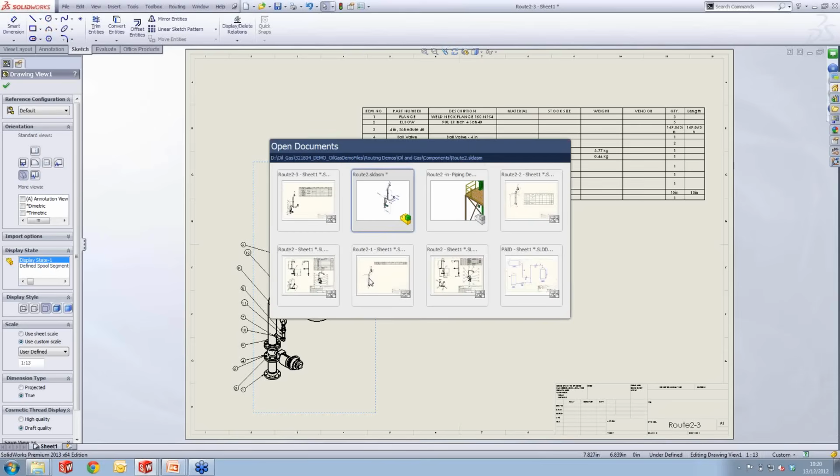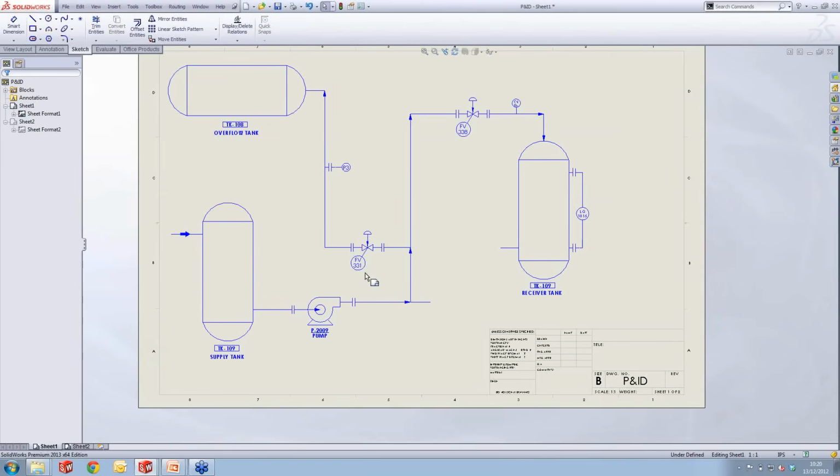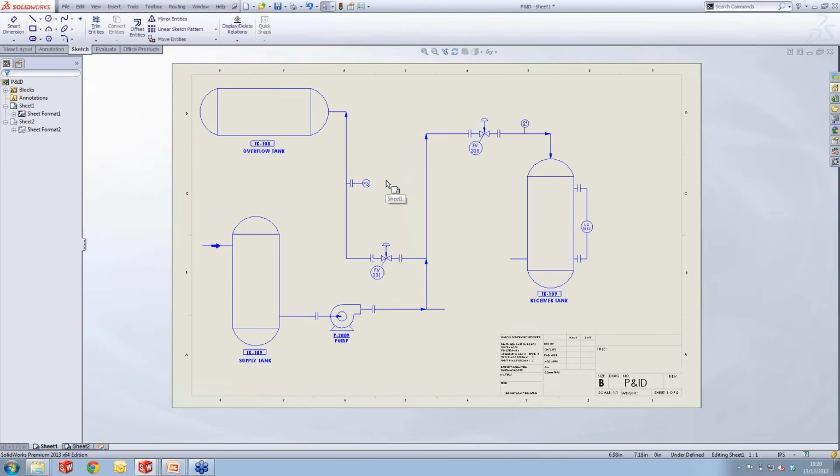So they're essentially schematics for piping designs. So we've got a pre-made PID view here, drawing. And what you'll see is they're essentially sketch elements, okay? The individual entities, a lot of them are actually blocks as well. Now, before we show you how to go about inserting the blocks into here, I just want to run through a process and show you how to actually download the library of these components themselves, these individual